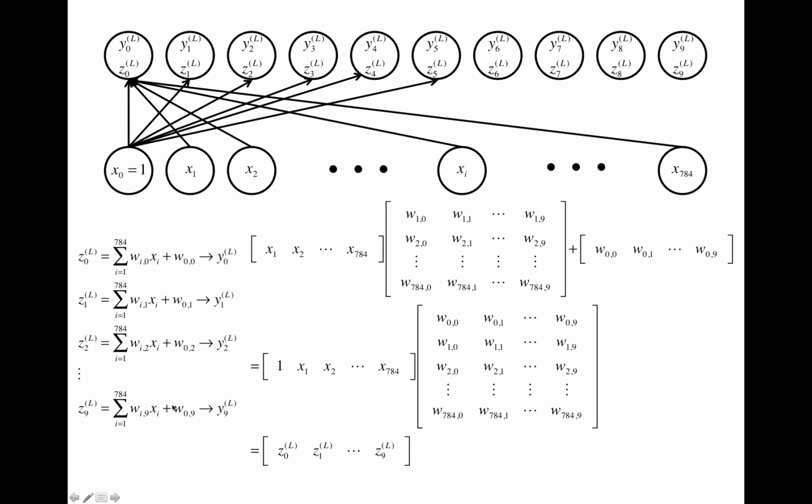If you want to separate out the weights for the bias node, then i goes from 1 to 784. It's not 0 to 784, but the 0 term goes here. And so suppose we have one training image,